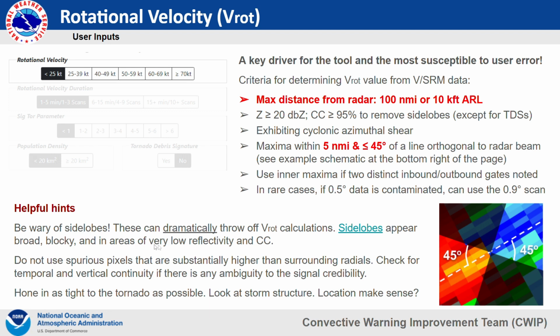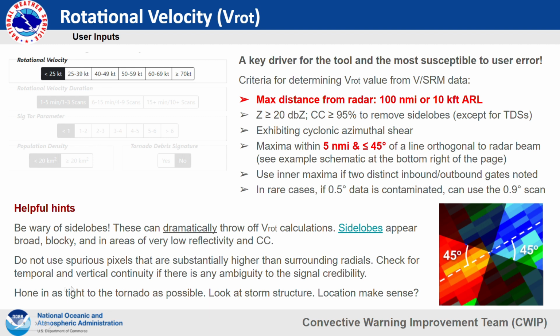Be very wary of side lobes, as these can dramatically throw off your VROT calculations. The side lobes will appear broad and blocky, and generally in areas of low reflectivity and low correlation coefficient. The tool was not designed to use spurious pixels, so look around your data, make sure the data makes sense. If there is just one spurious pixel surrounded by much lower data, probably throw that one out because it's probably